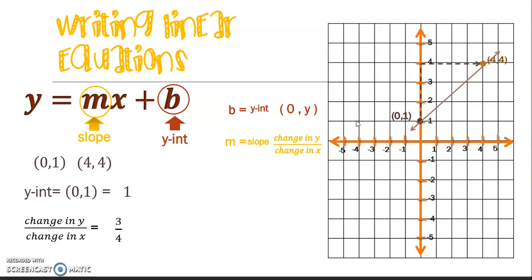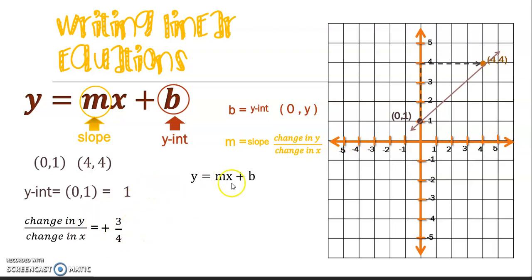This means my slope is 3 over 4. Now, does it move up or down? It moves up, which means it's a positive slope. Now, can I simplify it more? No, I cannot. So I'll leave it like this, and my slope is 3